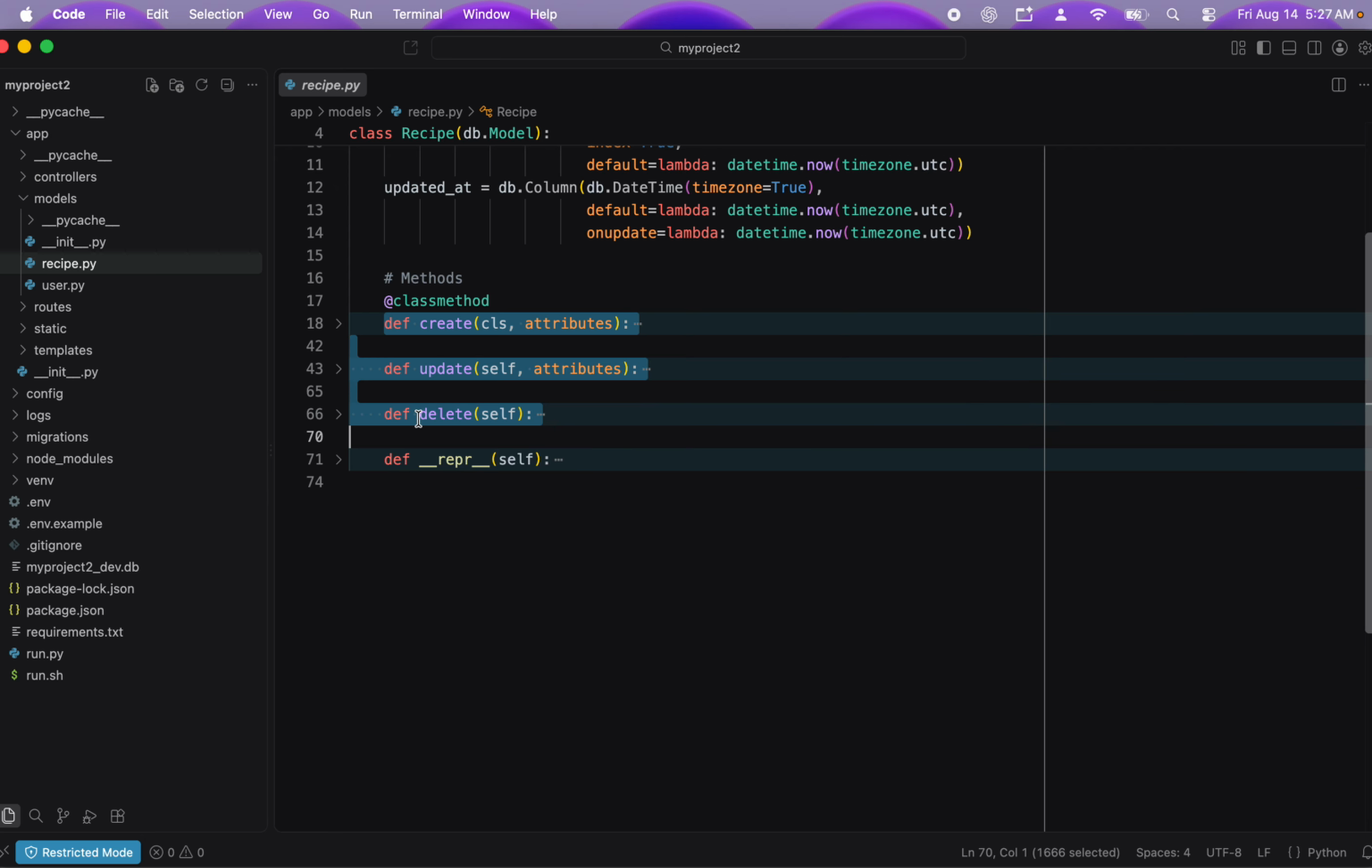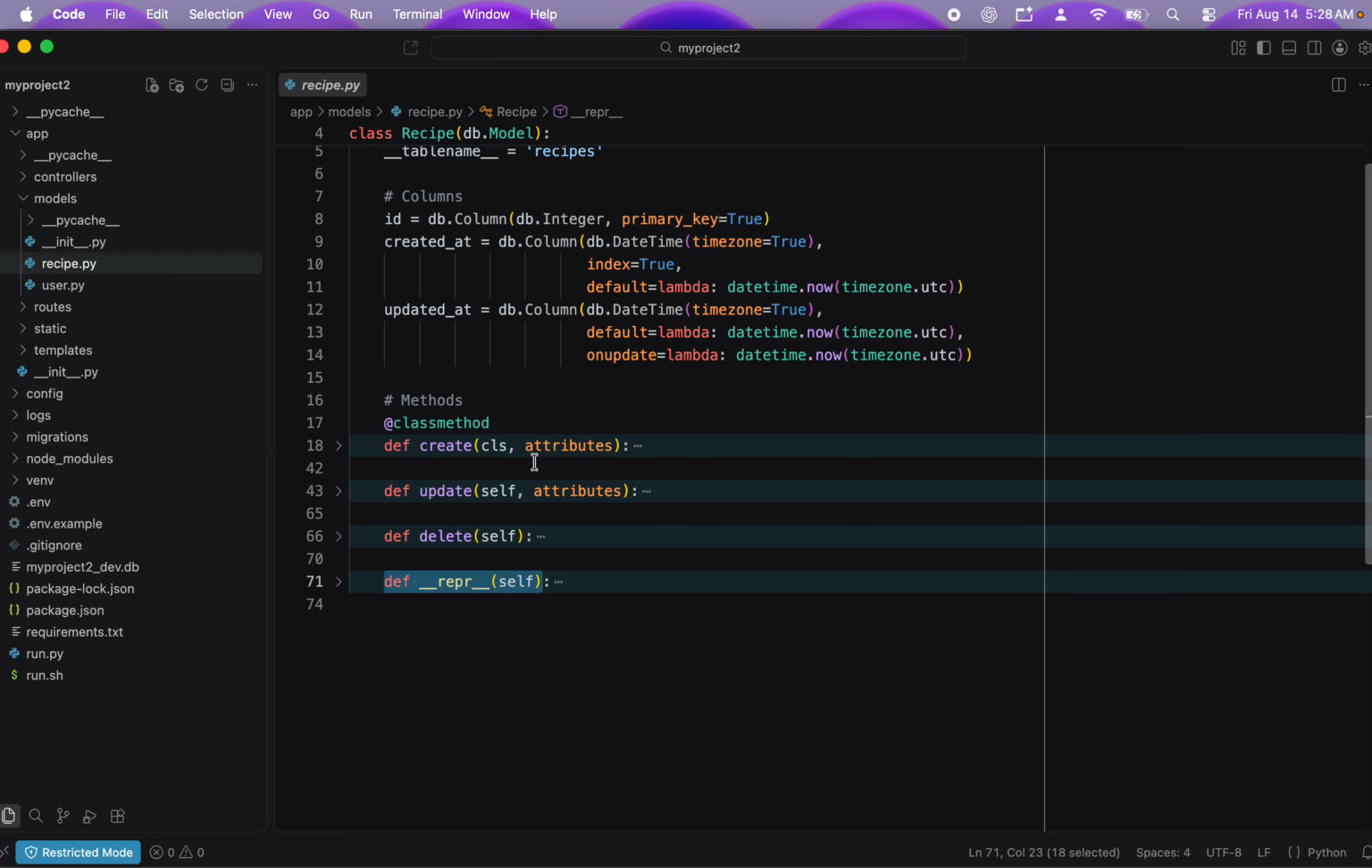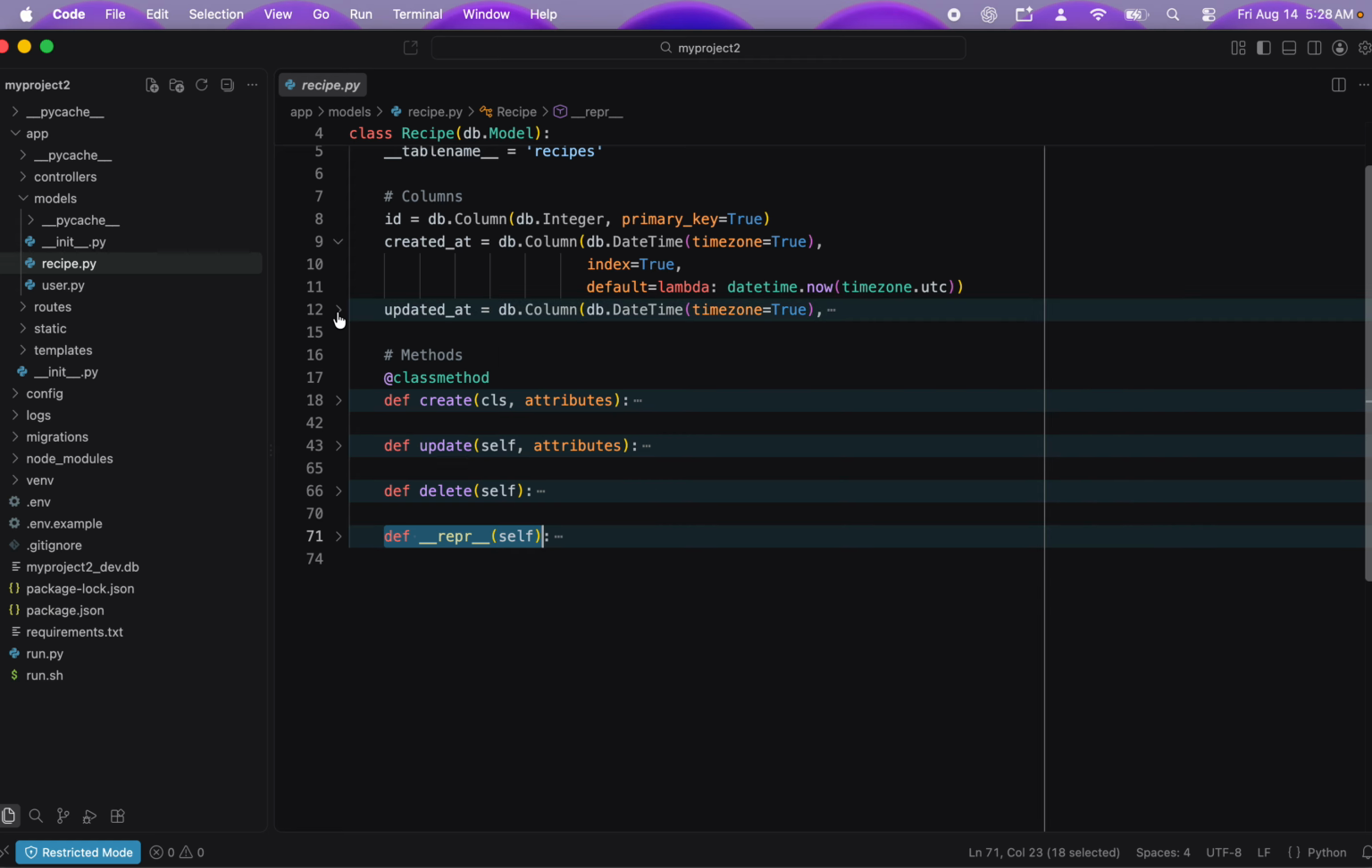And then deleting is a destructive action where it removes that row from the database. And then there's a 4th one, which is a magic method. If you print your instance of a recipe, then it will call this method and print out what you return from this method. So let's go through these one at a time, and I'm kind of hiding them because